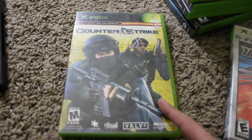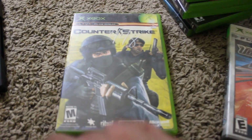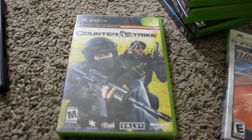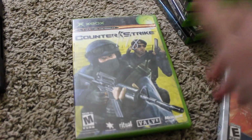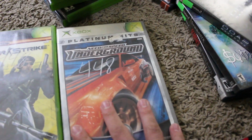I've tried 2 or 3 times, I've cleaned it 2 or 3 times, does not work, so I'm going to get it resurfaced. Thankfully, there's a place I know where they will resurface discs for $1, so that's not all bad there. But all these games I actually got, these ones I got from the same store. So again, Counter-Strike, Need for Speed Underground on the original Xbox, and then for these games right here,